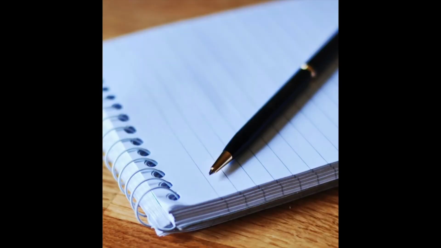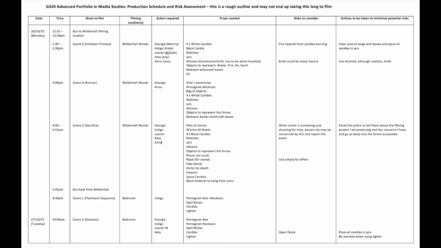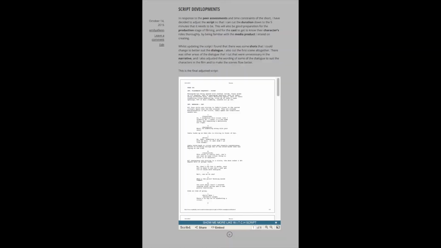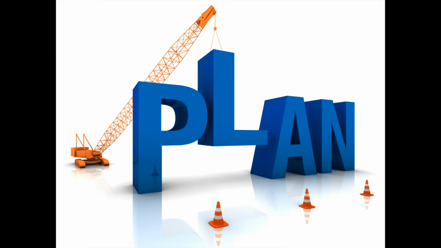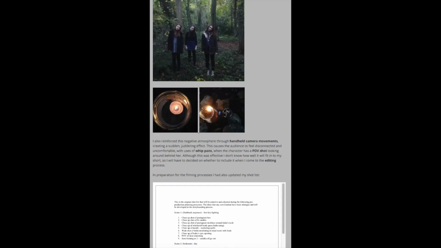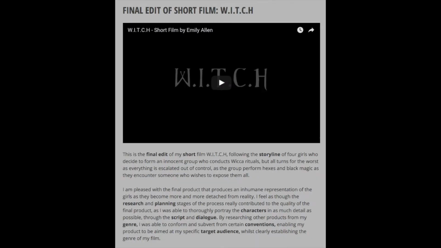I was also able to do this with my written work, such as audience research questionnaires, the shot list, script, production schedule, and risk assessment, which I uploaded via Scribd so that I could embed them within my blog, showing every planning stage building up in reaching for the best media product. The ability to embed the documents to enhance the appearance of my blog meant that products could be used for